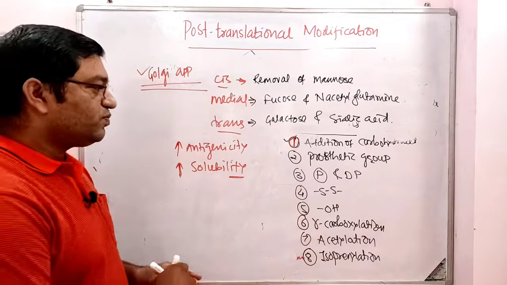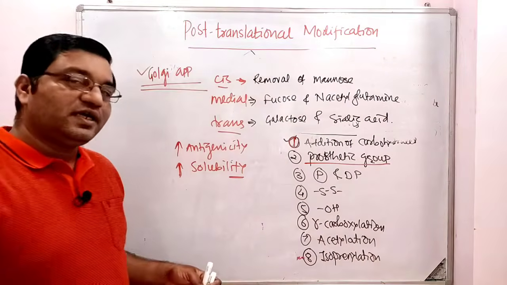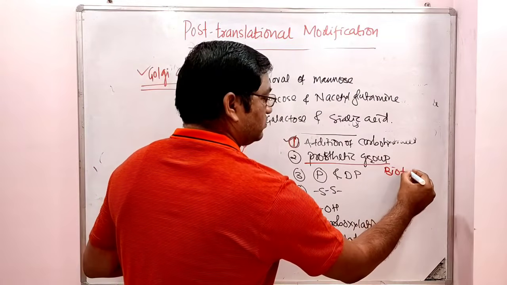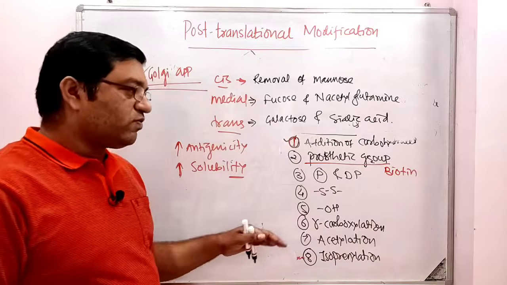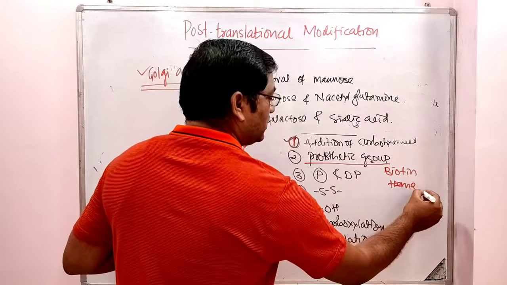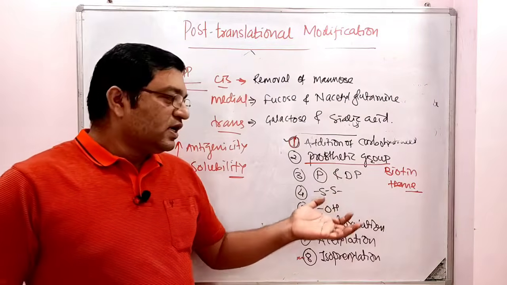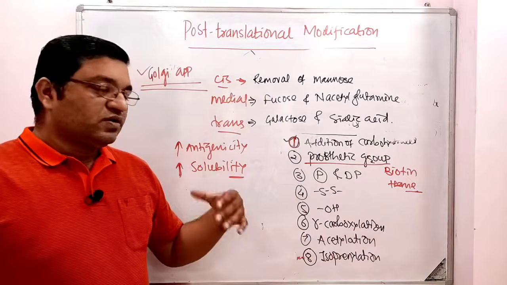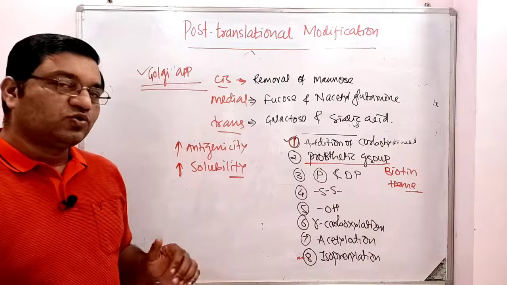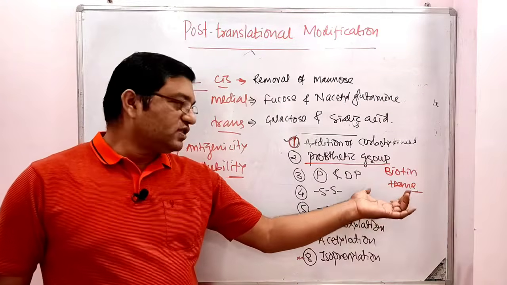Second one is the addition of prosthetic group. Mainly two groups are given in the examples. First one is the addition of biotin to the epsilon amino group of lysine, and addition of heme in the globin chain. It is an example of addition of prosthetic group. It enhances the function of that protein. Addition of heme increases the function of the hemoglobin molecule. It is responsible for the transport of O2 and CO2. So addition of prosthetic group is important here.